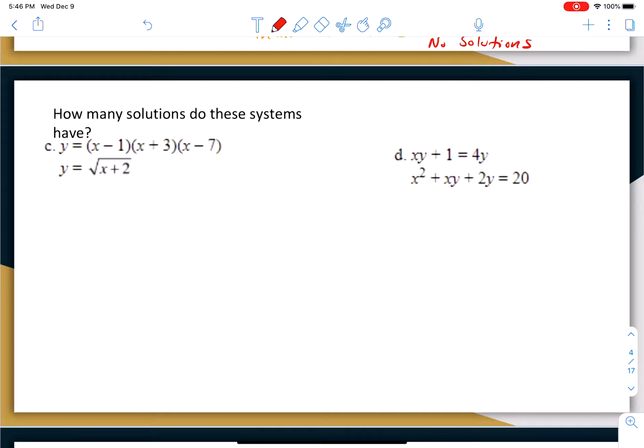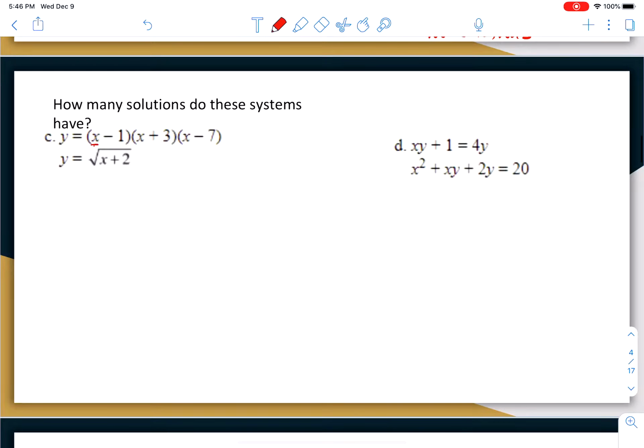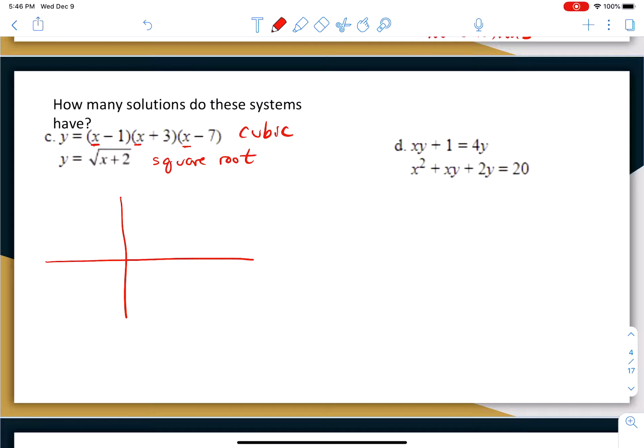Continuing on and thinking about how many solutions these systems would have, my first equation has 3 roots. So this is a cubic equation. My second equation is a square root equation. So if I think about a cubic equation and a square root equation,